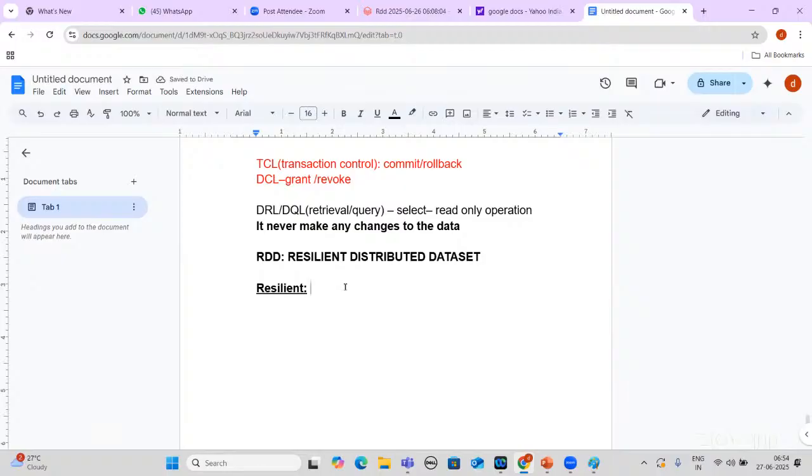Resilient is nothing but RDDs can recover from node failures, because they store information about the transformations that created them,